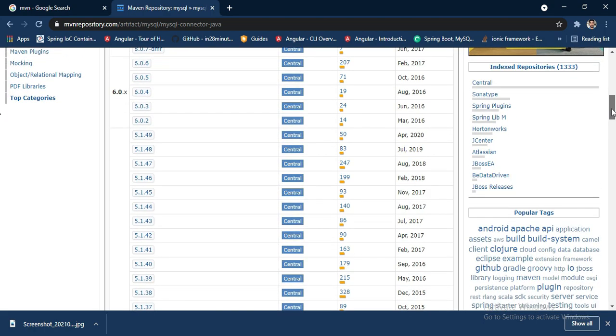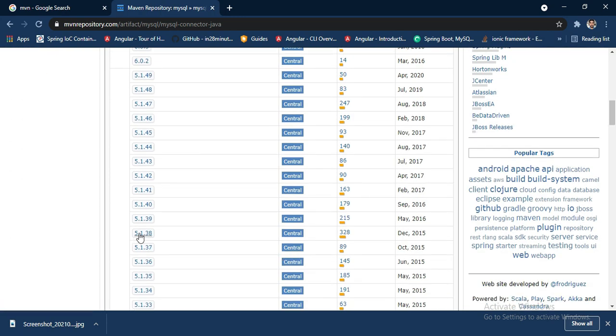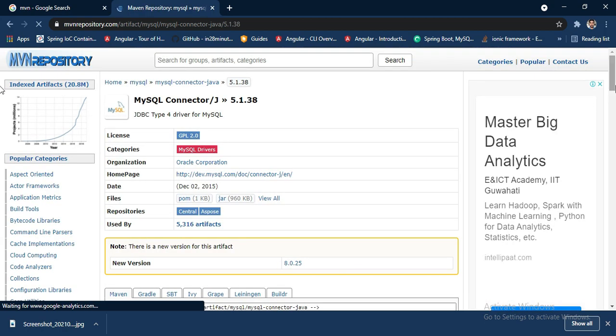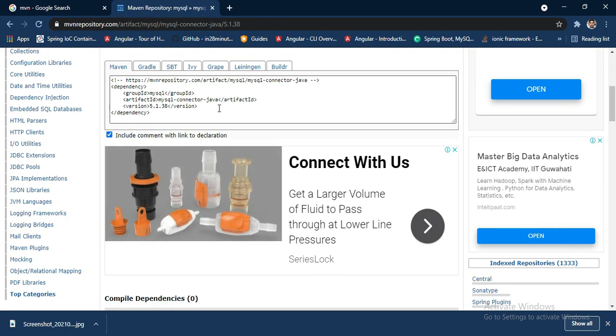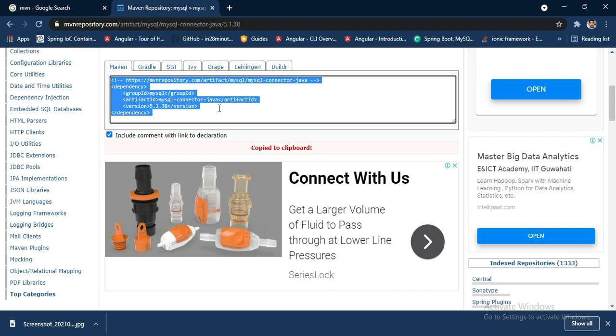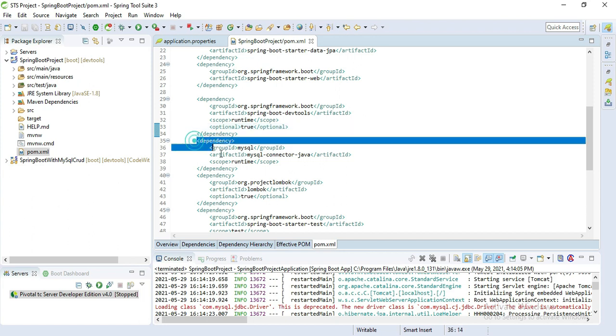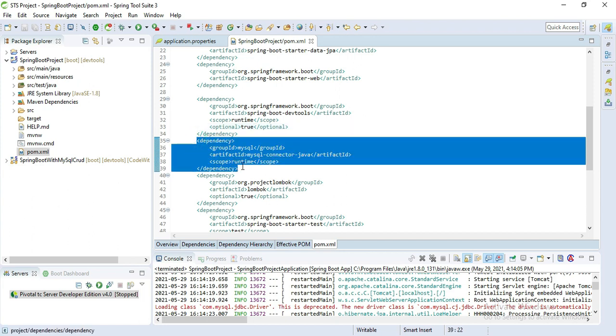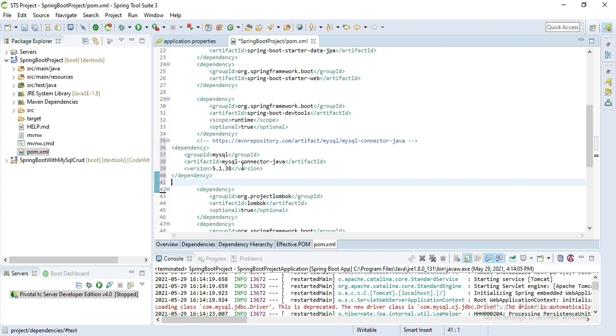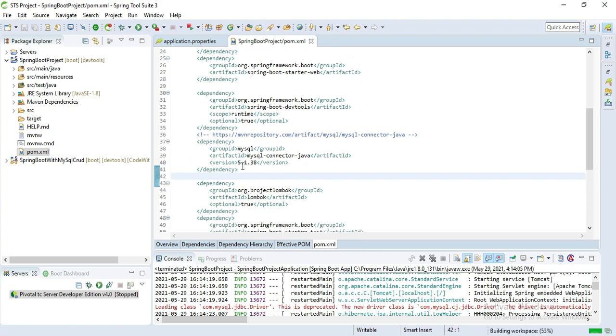Let's download 5.1.38. I'll click this and copy this Maven code, then go to the project and replace this dependency code. Paste it, and press Control Shift F to beautify your code.